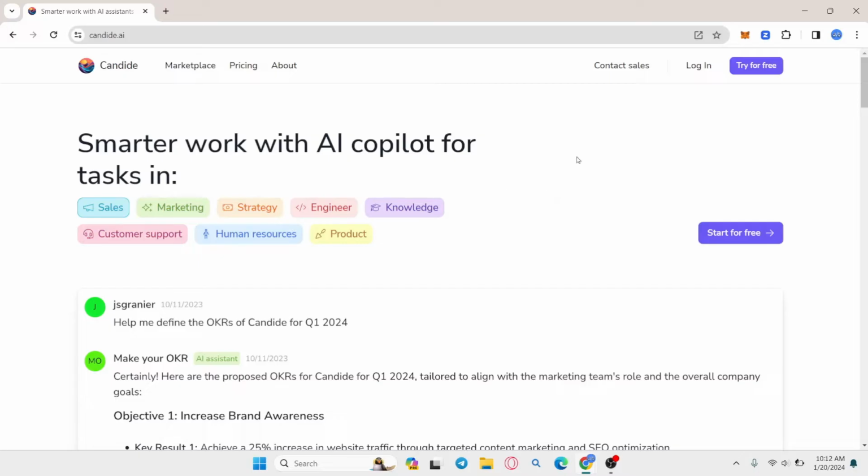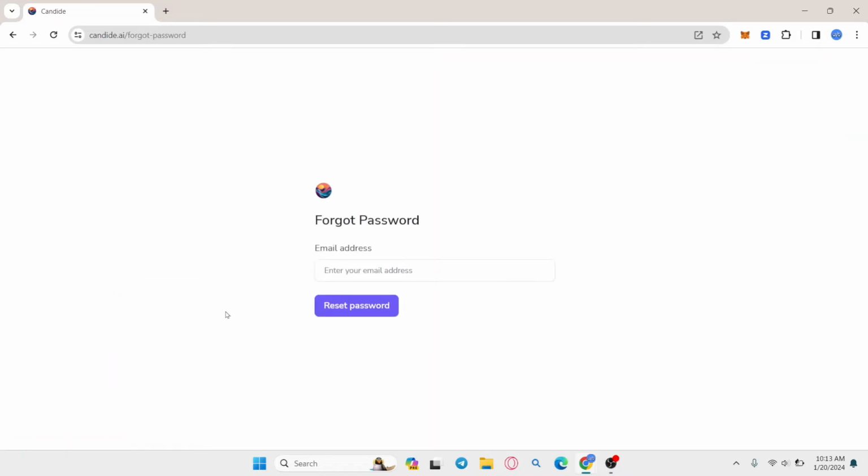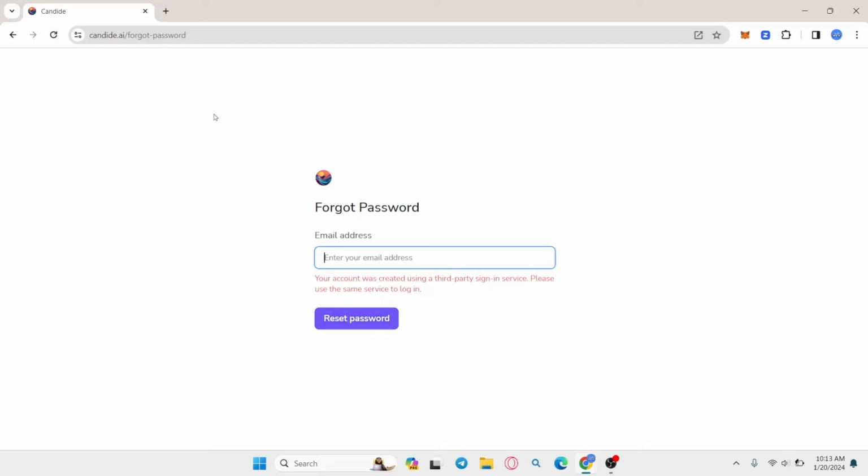Now from the home page, click on the login button at the top right corner to reset your forgotten password. You will then be taken into the login page. Now, since you have forgotten your password, you can click on the Forgot Password button underneath the password box. This will then ask you to enter your email address to reset your password. Just type in the email address that you used to sign up and then click on the Reset Password button